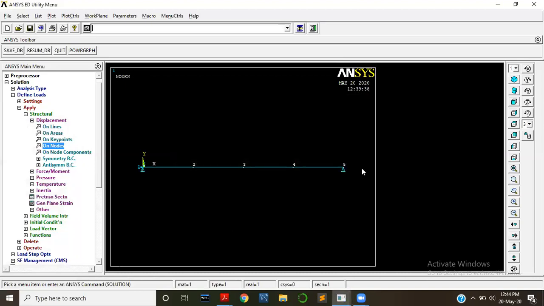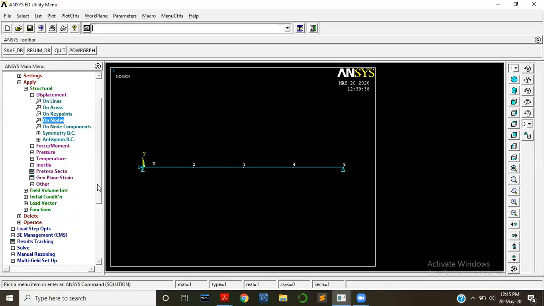Okay, it is supported. And here, since angular nodes are applied, you need to constrain X also. Otherwise, this beam will move after applying the loads. It will not remain in position. So for that, we need to apply UX and UY over here. Solution. We applied all the supports now. We have to apply the loads on the rotated nodes.